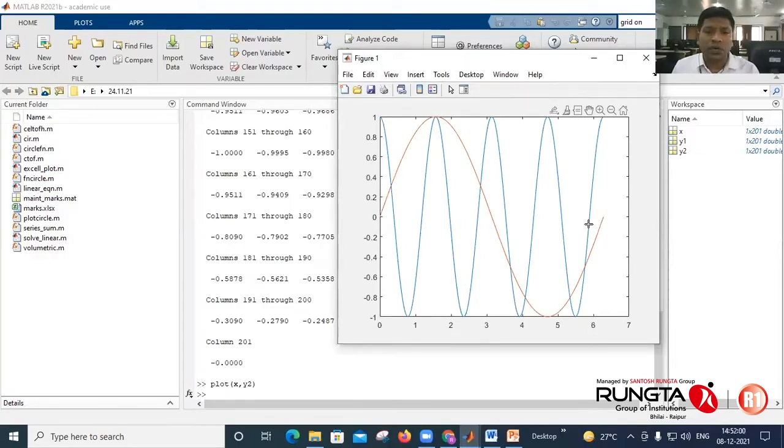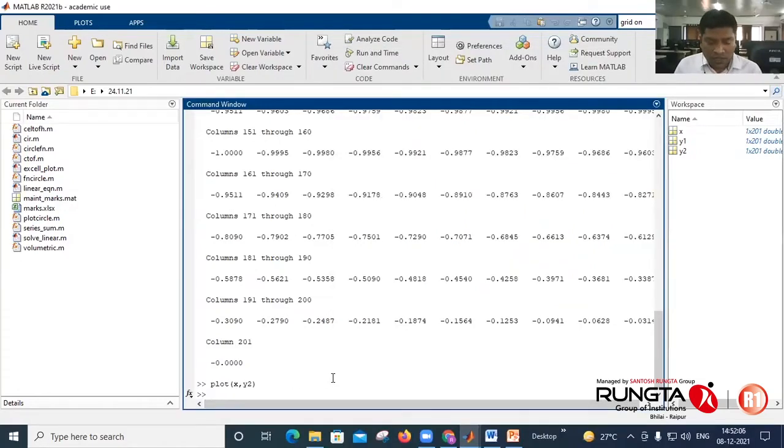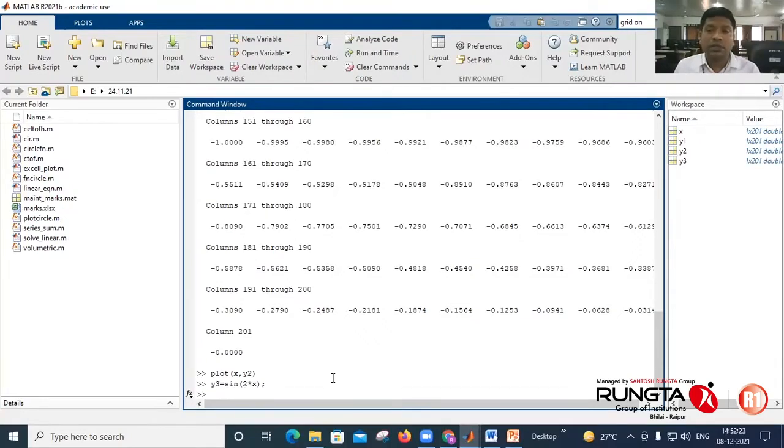So as my hold on command is on, again, if I define y3 equals sine of 2x, semicolon, enter, I can plot y3 also.